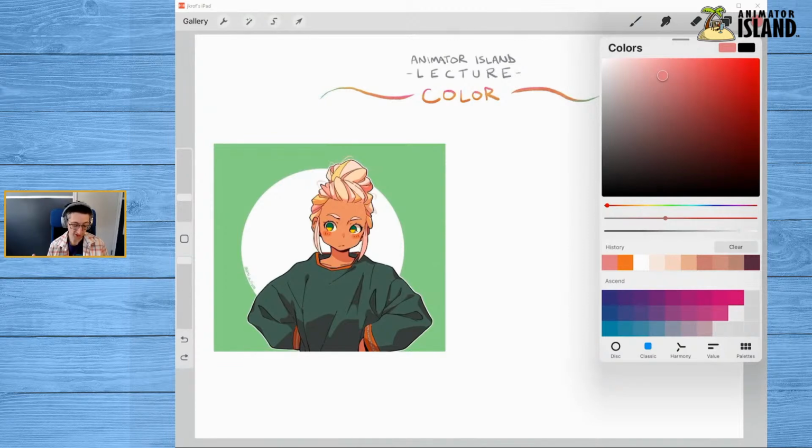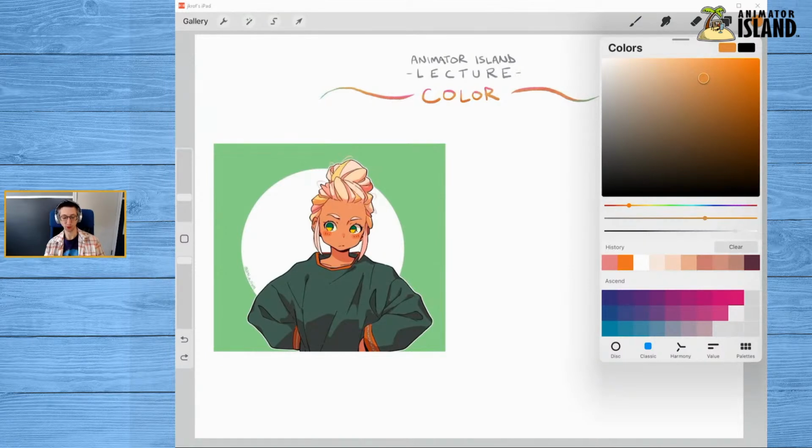So, what I mean by that is, let's just, for example, take her skin tone. The skin tone of this character we're going to pick by eye. I'm not going to use the color picker right now. I'm just going to pick it by eye. So I'm going to drag the slider around until I get a general feel of where she is. So to me, this is a very orangish yellow color, but it's got some red in it. So I'm going to stop here along this slider. And then I'm going to try and figure out where it is in terms of saturation and brightness. This is pretty bold, so we're probably going to need to go closer to the right side of the color picker.